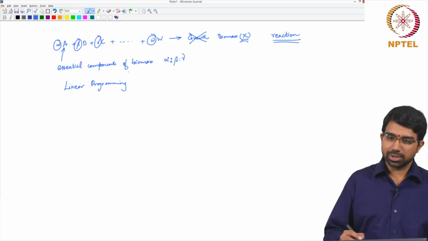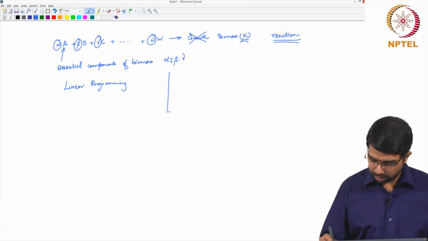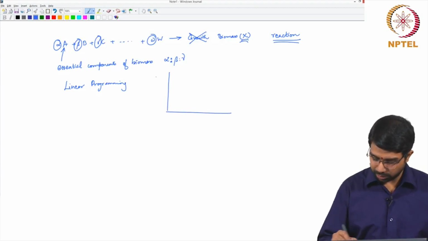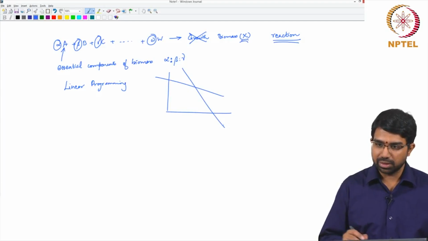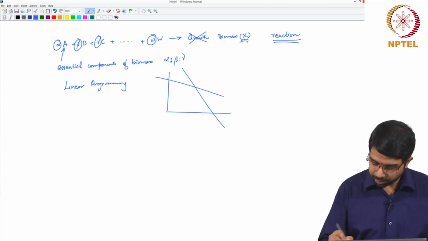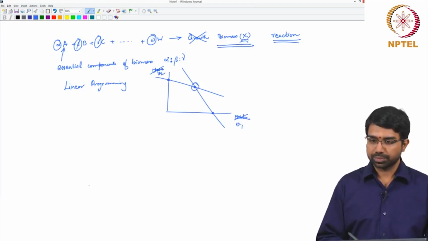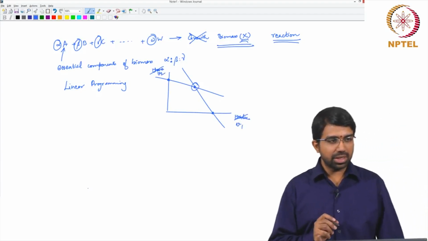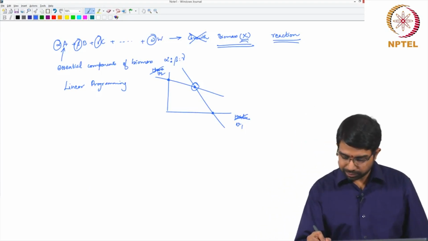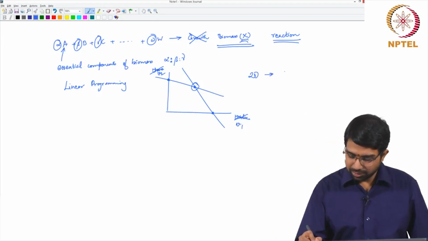So you remember how you used to solve it? You would basically put it out on a graph paper, and then you would draw some lines corresponding to the different linear constraints that you had, and then you would look at the corner points, because that is where the optimum lies. It is much the same problem, except from 2D you move to